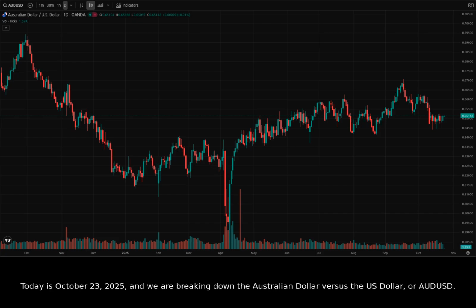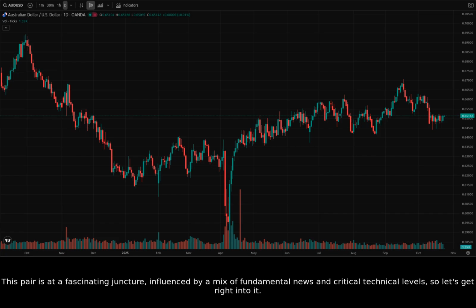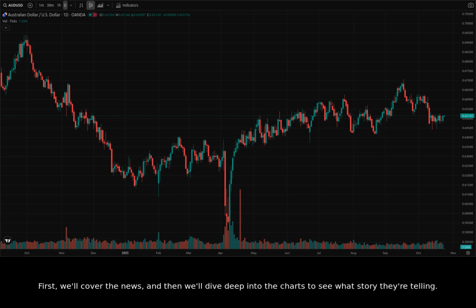Today is October 23rd, 2025, and we are breaking down the Australian dollar versus the US dollar, or AUDUSD. This pair is at a fascinating juncture, influenced by a mix of fundamental news and critical technical levels, so let's get right into it. First, we'll cover the news, and then we'll dive deep into the charts to see what